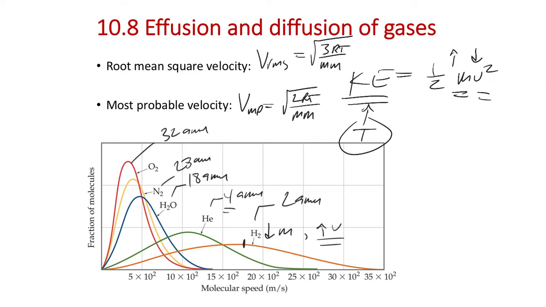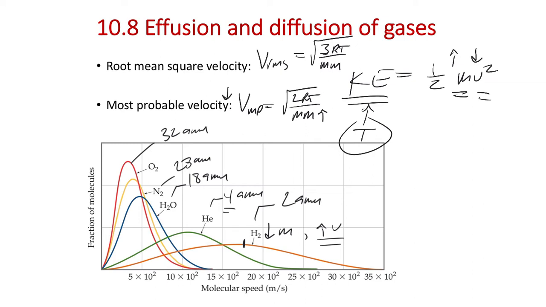So we have to talk a little bit about how we actually plug numbers into this equation to get velocities out, but we'll talk about that on the next slide. But these are basically the same equations other than 3RT versus 2RT for the most probable velocity. Now, one of the other things you see here is that if you go to a higher molar mass, then you're going to go to a lower velocity. You can see it with the equation plugged in here, that we're going to a lower velocity on average, the heavier the particle.